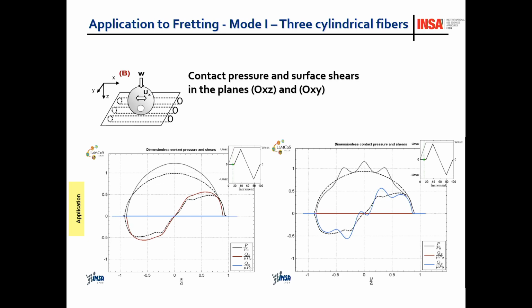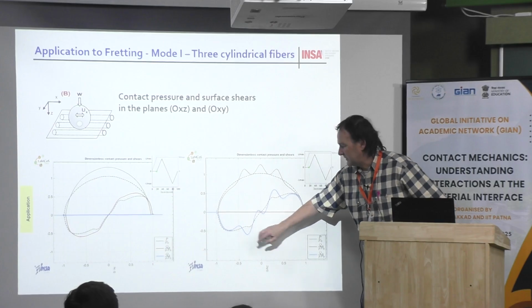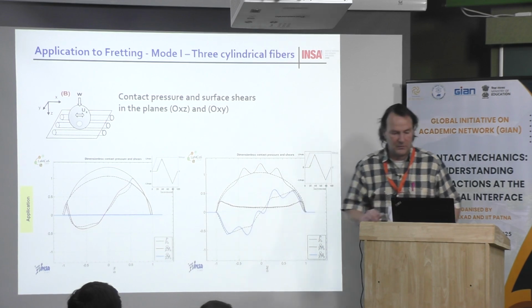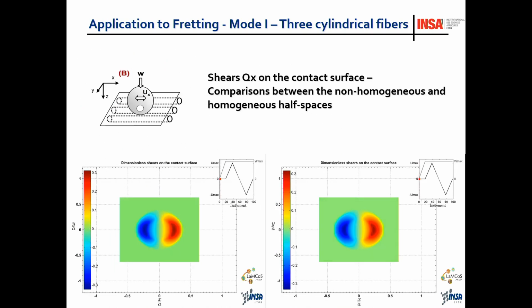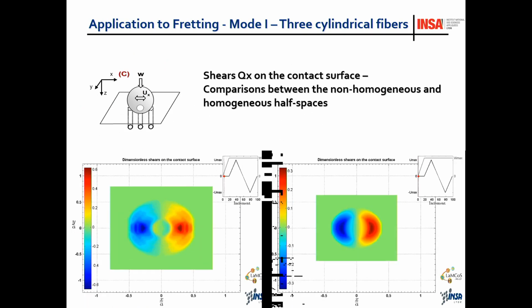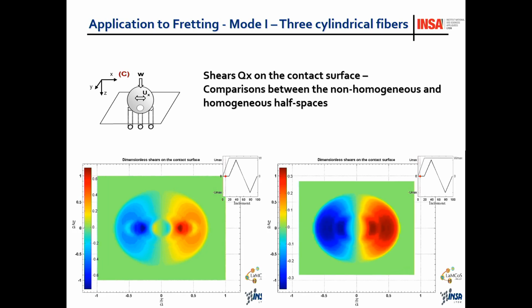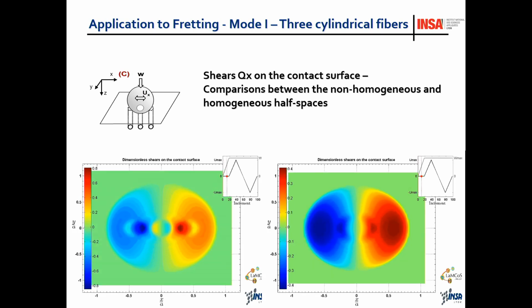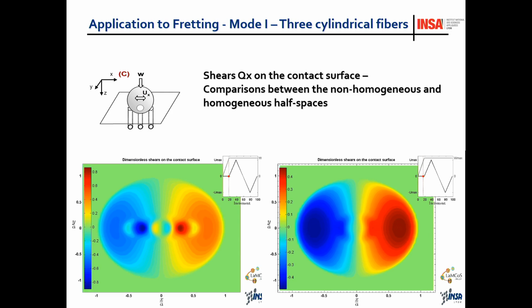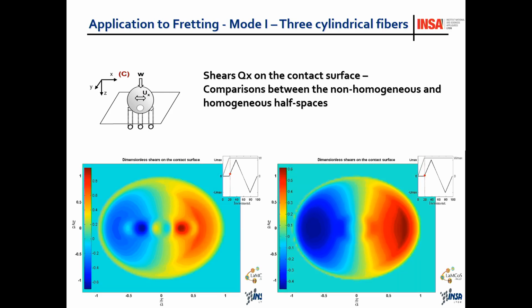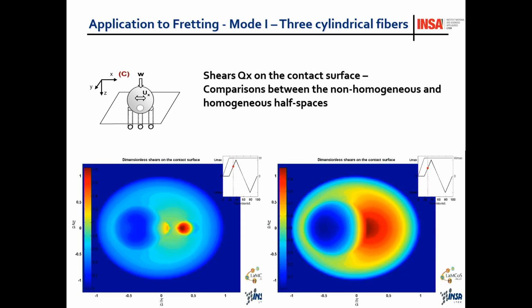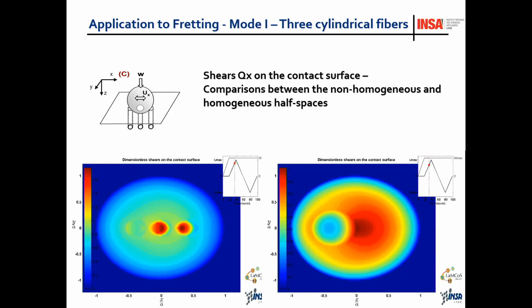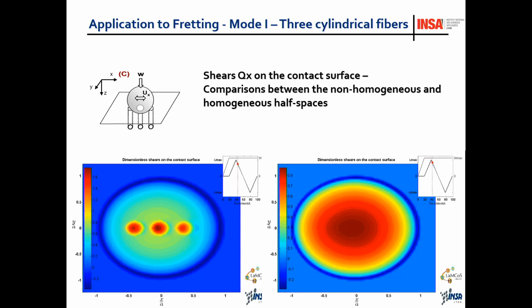Okay, there is a negative value here, but you can compare the two curves. Then I don't know what I wanted to show. Maybe the last one. Remember that at the top of the two fibers, sometimes you are fully sliding, and sometimes you may have some local sticking domain. You can also observe some very strong stress concentration.